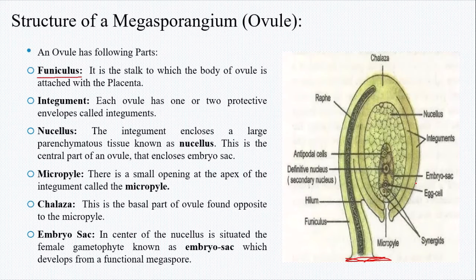Integuments can be a single layer or of two layers. If it is single layered, it is called unitegmic, where a single integument is found. For example, members of the Compositae family have only a single-layered integument. But if there are two integuments, the condition is called bitegmic, and this is very common in the members